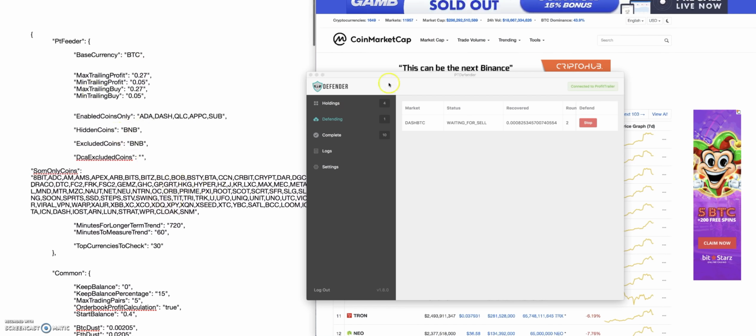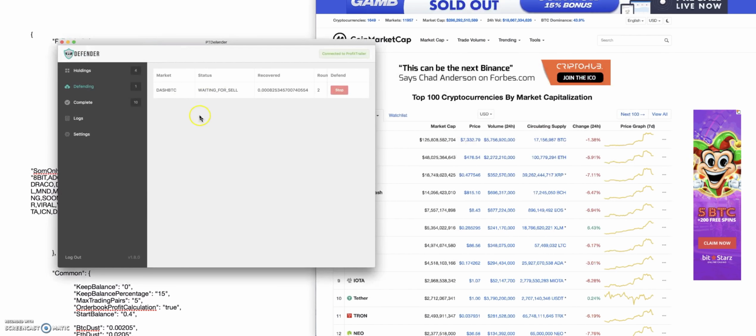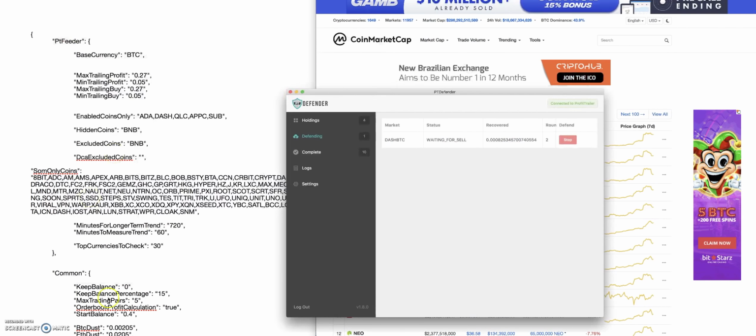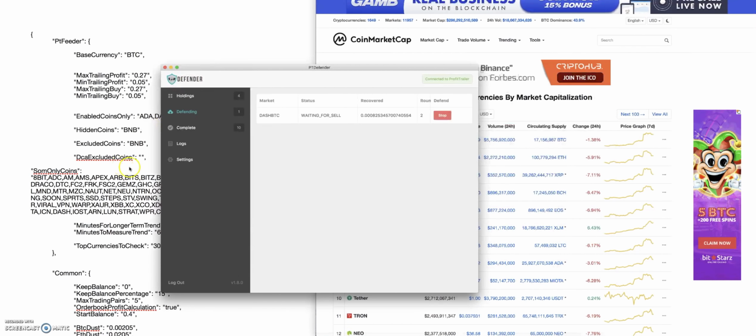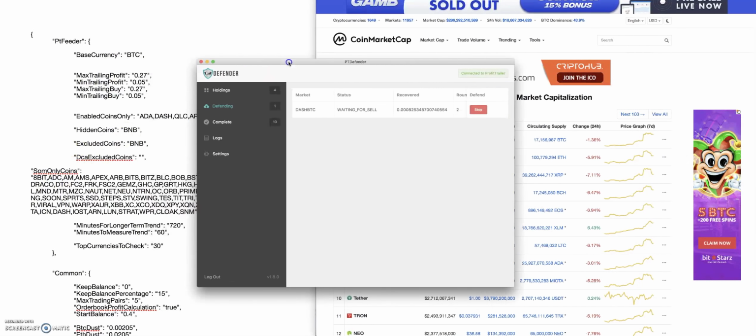But this one today, we're going to talk about how it intertwines with Defender. I want to go over a couple different cases that I've had with Defender and the reason why I'm changing my feeder settings because of what has happened. Getting into a bad buy while you're defending a coin is obviously a bad situation. So I wanted to be a little more conservative on the buying side